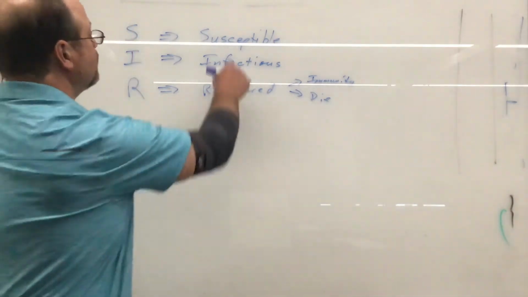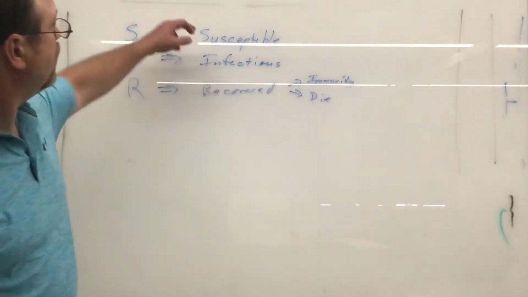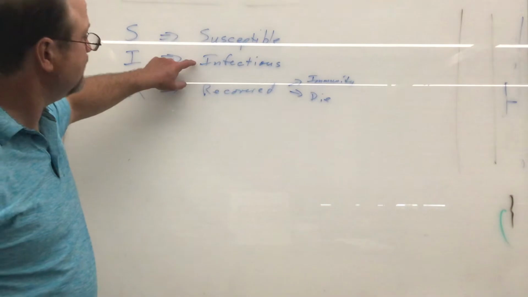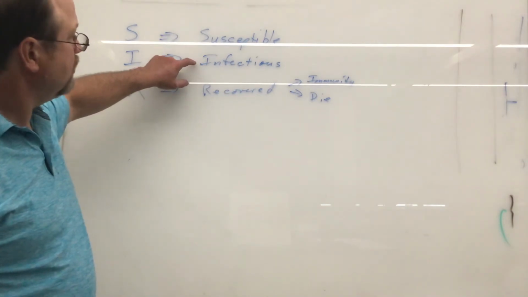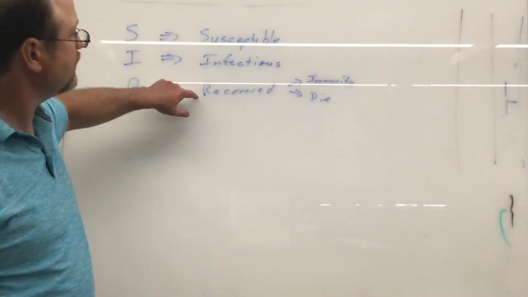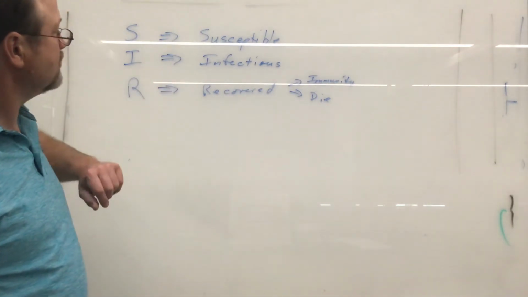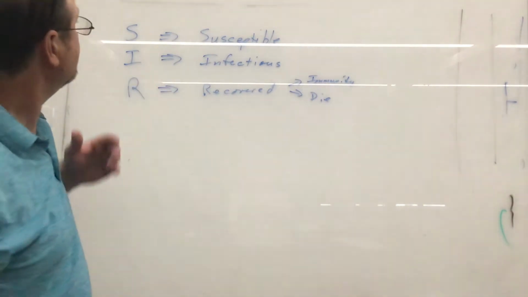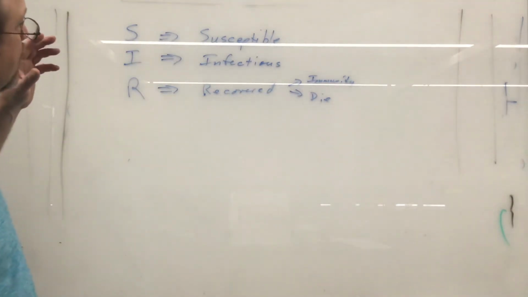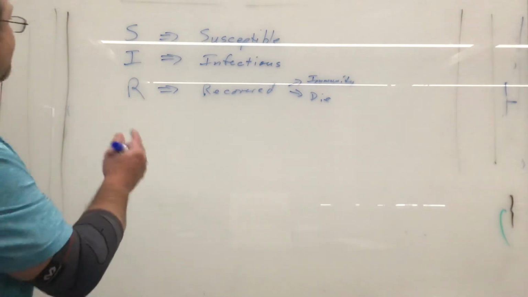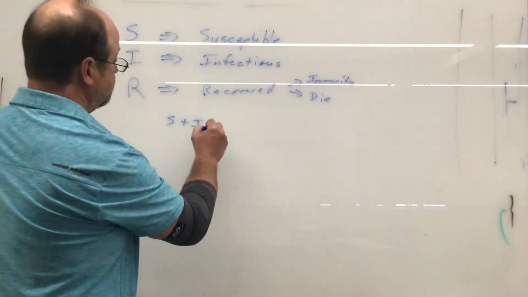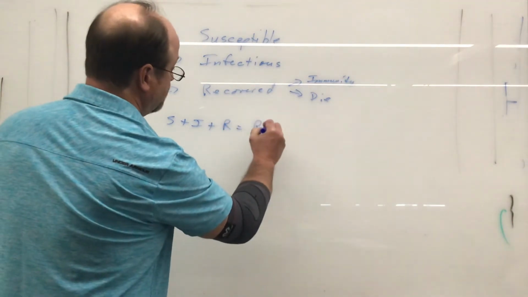So you're either in one of these three groups. It's possible that you will get the infection. Once you get the infection, you will then at some point move out of being in the infected case and you'll be part of the recovered case and not be able to get the infection again. And because of the fact that those three terms are all defined that way, you have to be in one of those three groups. And as a result, S plus I plus R would equal the total population, whatever that is.